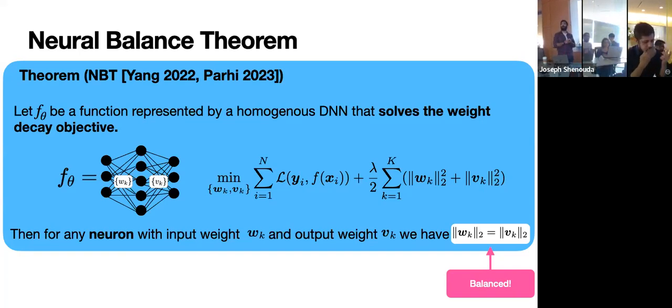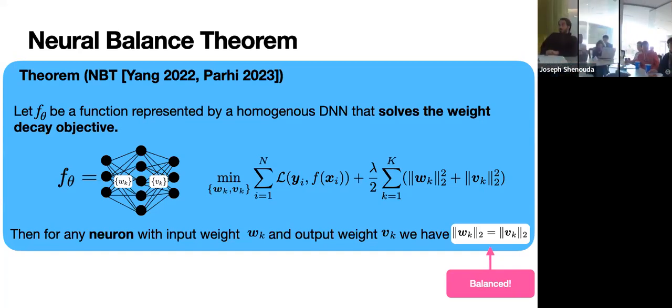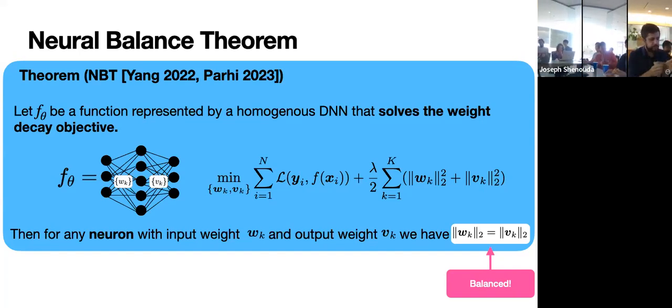Yeah. So the theorem requires at least one of the layers of the DNN to be homogeneous, right? Yes. Not all, but just one. Just one. Yeah. Actually, any homogeneous neuron, it doesn't have to be all the layers. So then any weight before that is equal to any weight after that, in terms of norm.